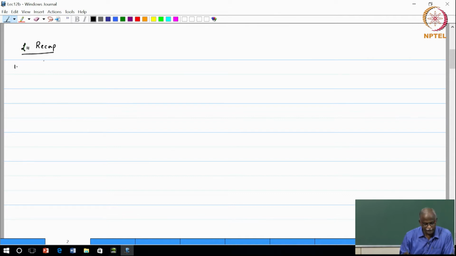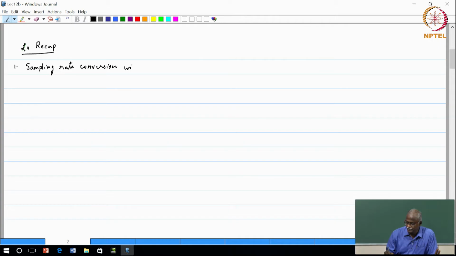One is that sampling rate conversion always goes with some form of filtering, sampling rate conversion plus filtering. And the important point to note is that both of our sampling rate blocks, upsampling and downsampling, actually are useful